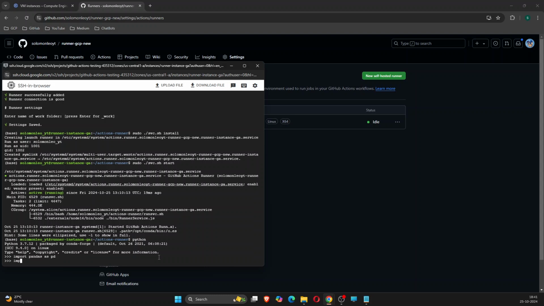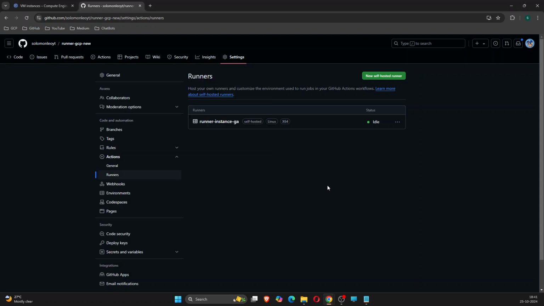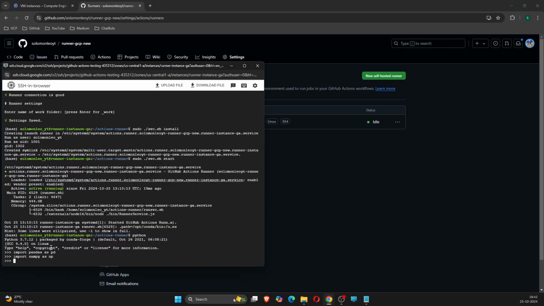Yeah, import numpy as np. So as you can see, both of the libraries are already present in this instance, so I don't have to worry about installing them separately. But the catch is that in the GitHub Actions Ubuntu server, these two particular libraries are not installed, so we have to install them separately. That's why I've shown these two examples, because I will be running this GitHub Actions for both of the servers, and I will show you the difference. So once this is done,